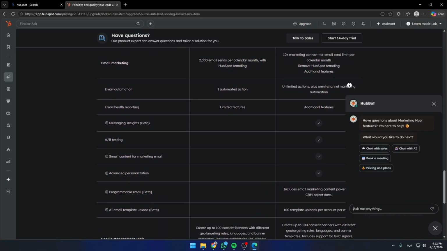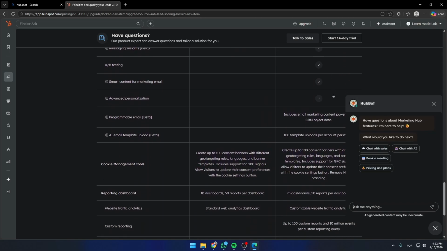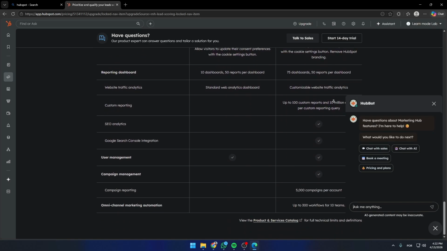Next, choose the type of form you want and add fields such as name, email, and any other information that is important for your business. After configuring the form, click Publish to generate the code or link that can be added to your website or